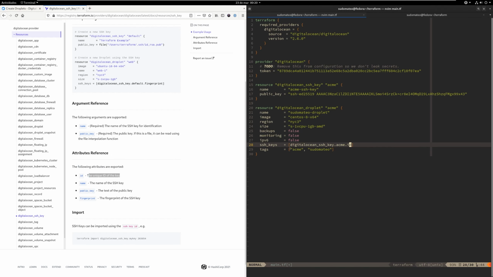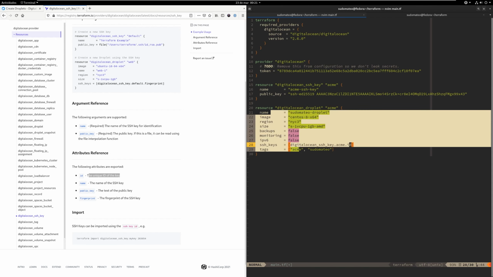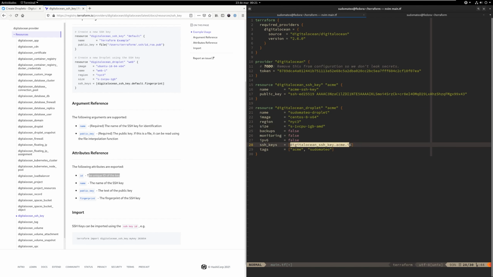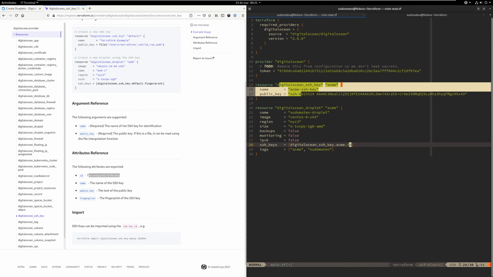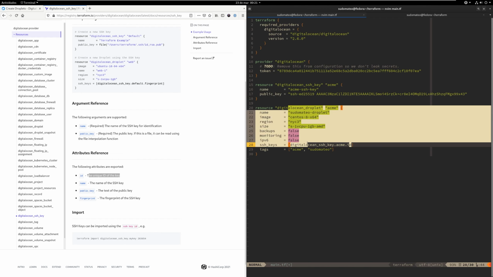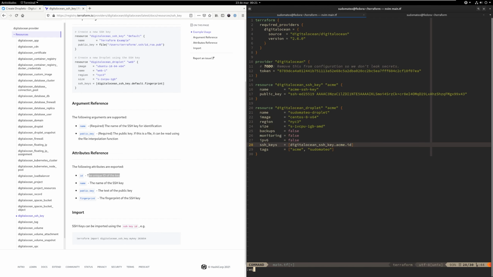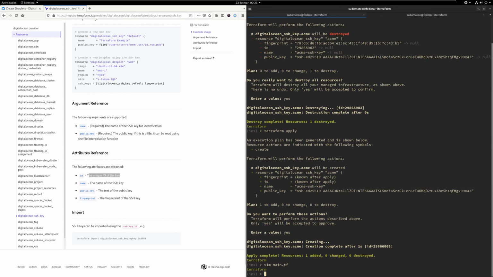So now what I've done here is I told Terraform, create this SSH key and create this droplet. But since the droplet references the SSH key inside, that creates an implicit relationship between that droplet and that SSH key resource. Meaning, Terraform needs to create this SSH key before it can even create the droplet. But since our SSH key is already created, in this case, we're just going to be able to create the droplet directly. So let's see. Let's write and quit the file. Let's run